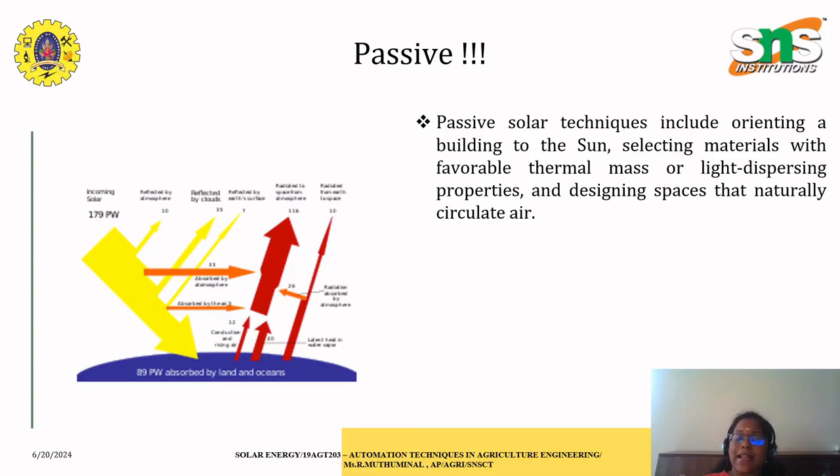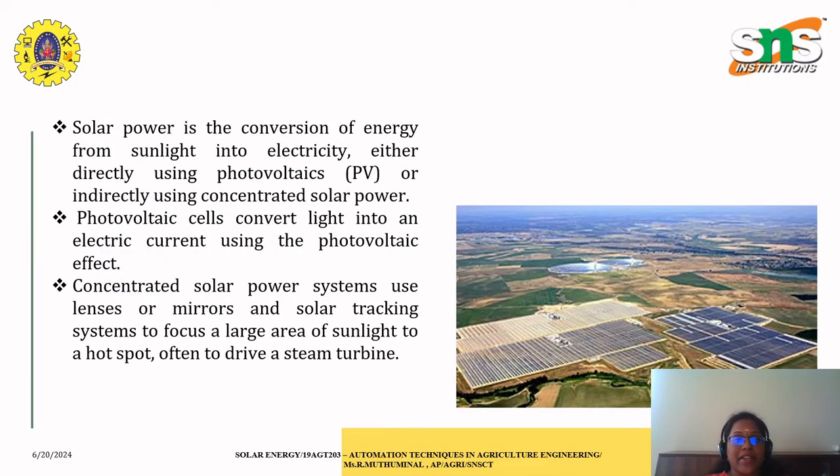So we are not going to directly absorb them. We are just going to observe the reflected rays, which will be transferred or oriented towards that material. This is how passive energy works. While in active it directly involves converting them, in passive we are just going to sense the energy which has been reflected. This could be utilized by us for converting it into an electricity source. So these are the two techniques involved in tapping the energy through the sun's radiation.